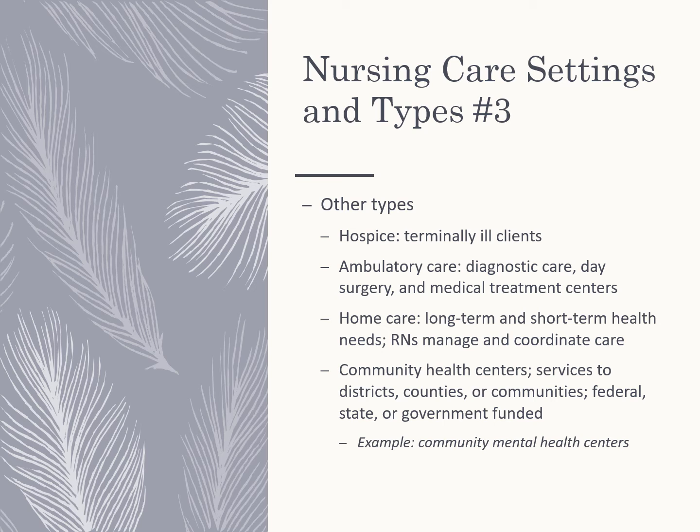Other types of nursing care settings will include the hospice, and in the hospice category or hospice care, you will find the terminally ill clients that have a life expectancy that is less than 6 months. Inside the hospice care, the terminally ill client will be helped and supported to live as fully as possible while their pain and discomfort and any other symptoms are managed all along.